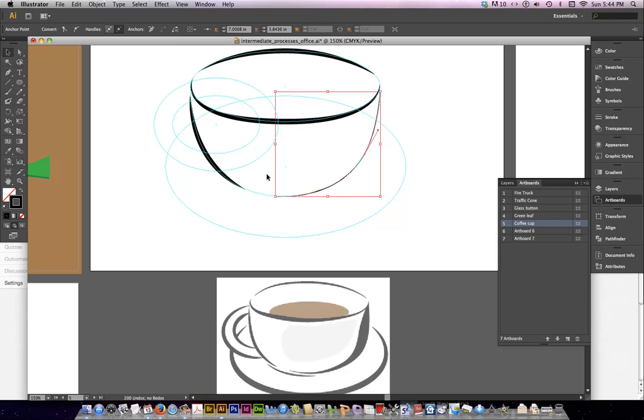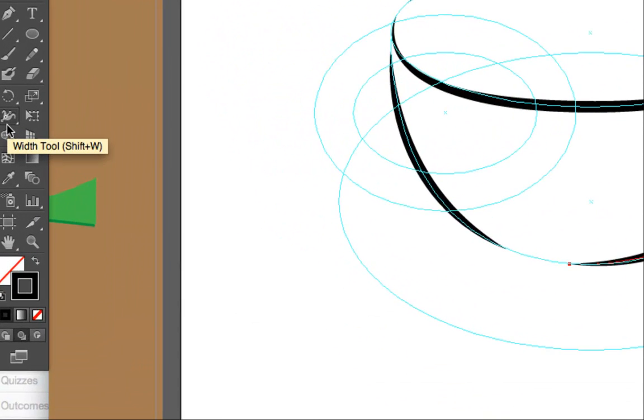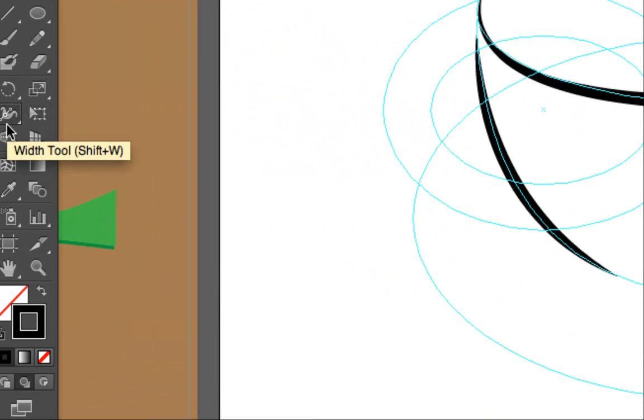You want to select that with your selection tool so that you get these options up here. Change that profile, fatten it up a bit, and you can see it's kind of pretty close, but we need to add some shadow on this side. Now this is where the width tool will help you, and we used the width tool once before. I'm just going to go to the width tool. It's that crazy little tool right there, Shift W for the width tool,